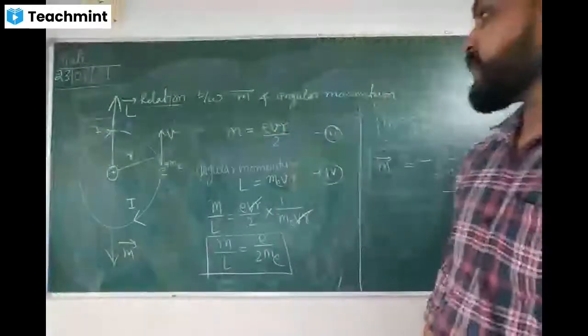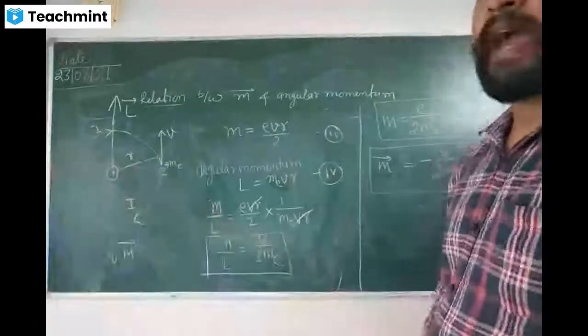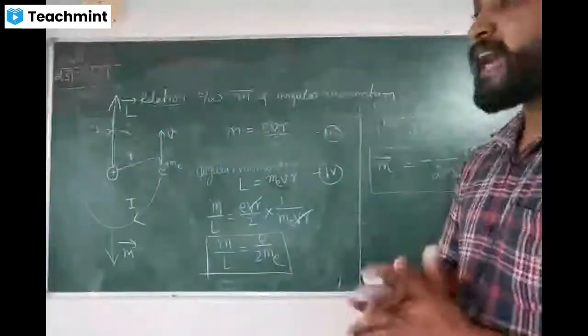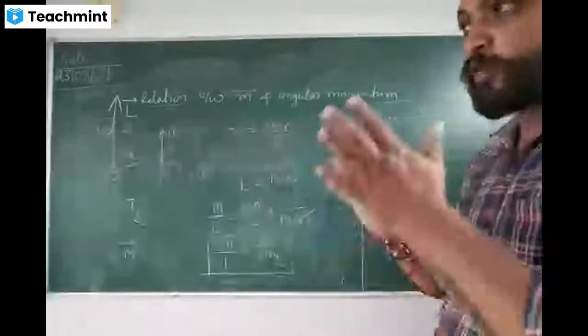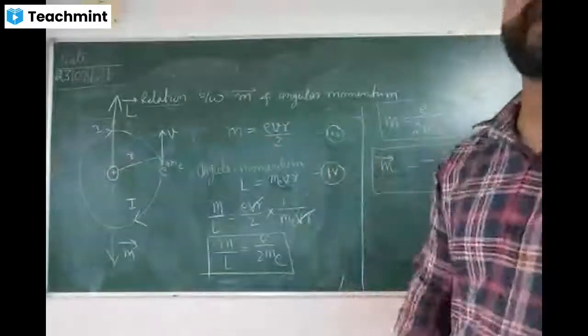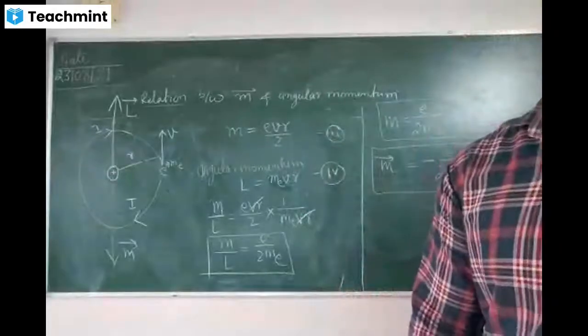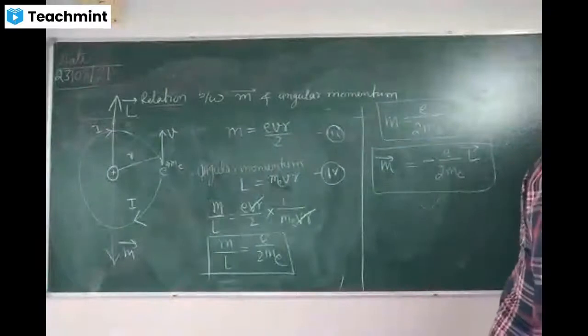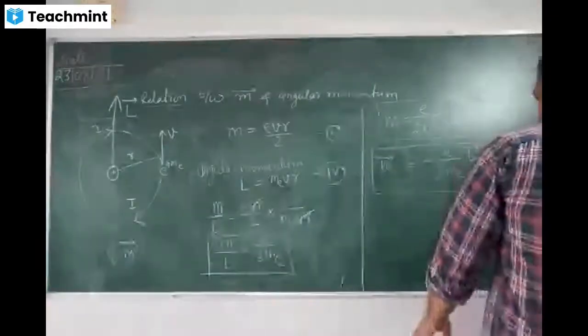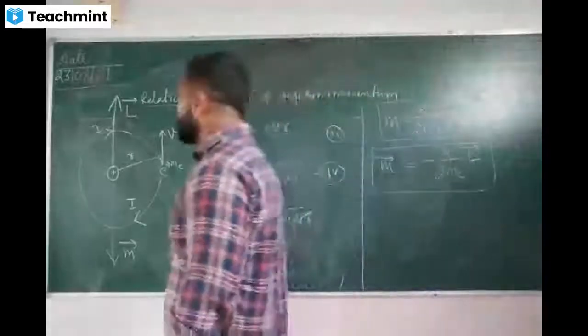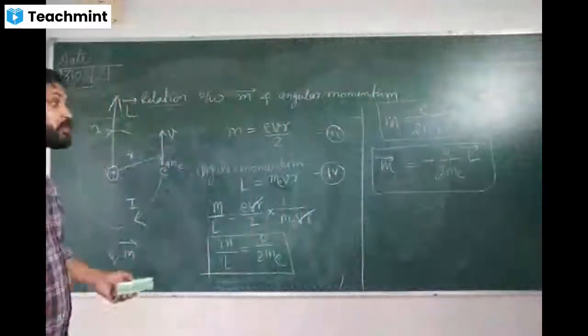Now the next thing we are going to discuss is the Bohr magneton, meaning the magnetic moment associated with an electron due to its orbital motion for the hydrogen atom. Bohr has given this about the hydrogen atom, which you know from chemistry. Here also we will discuss it in the second term. So let's talk about what is Bohr magneton.